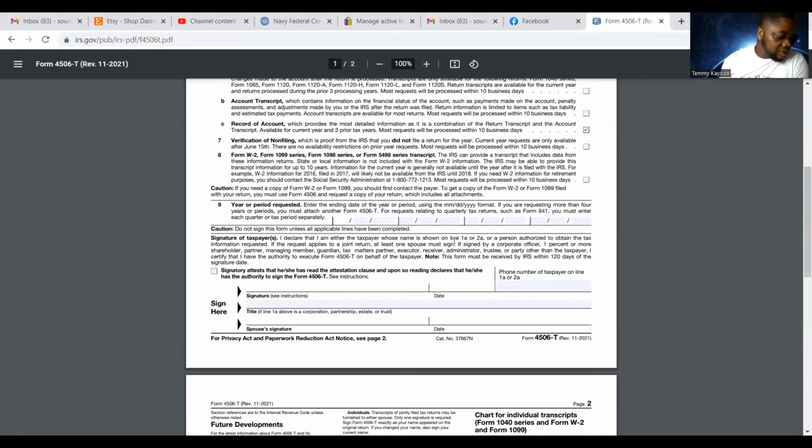So let's assume that the financial institution, the IRS, bank, or SBA requests you to write the year. Now you're going to put the year right here,